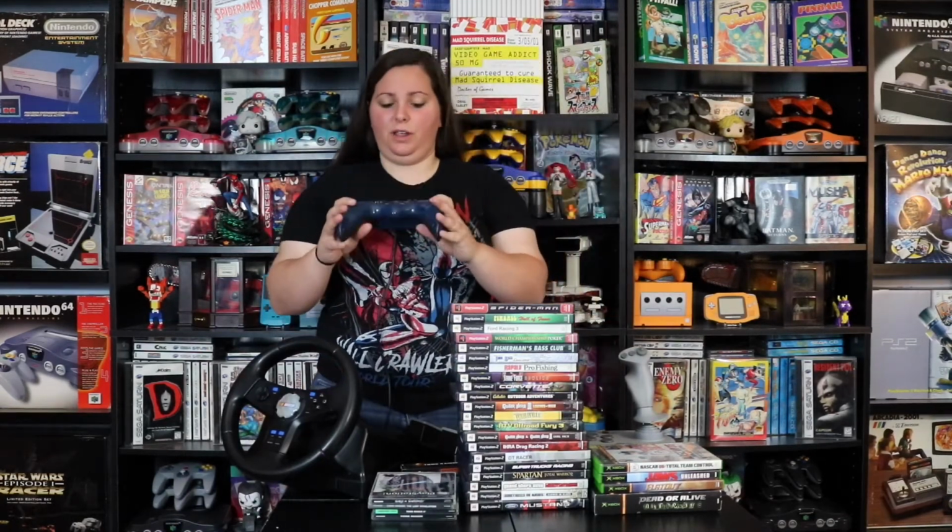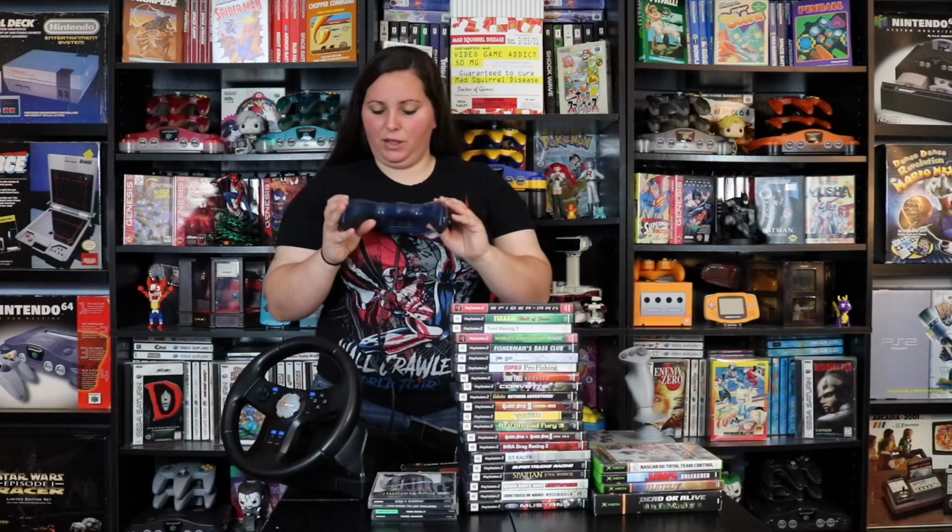And then next up we have this controller right here. It's actually a different color blue, and it kind of has this sparkling effect to it. And this is made by Alps Interactive, and this is actually for the PlayStation. Now this is definitely one of those odd shaped controllers, as it kind of reminds me of the boomerang for the Nintendo 64. So this one